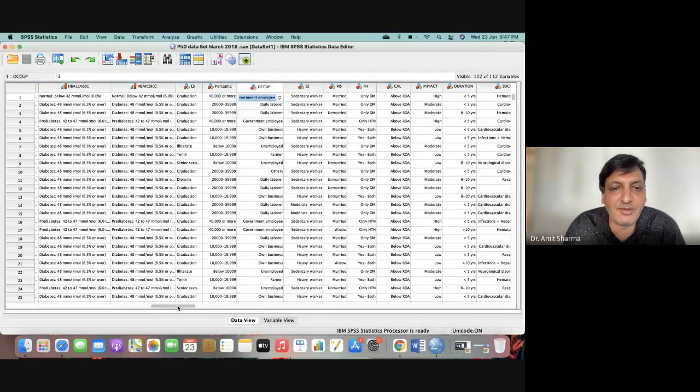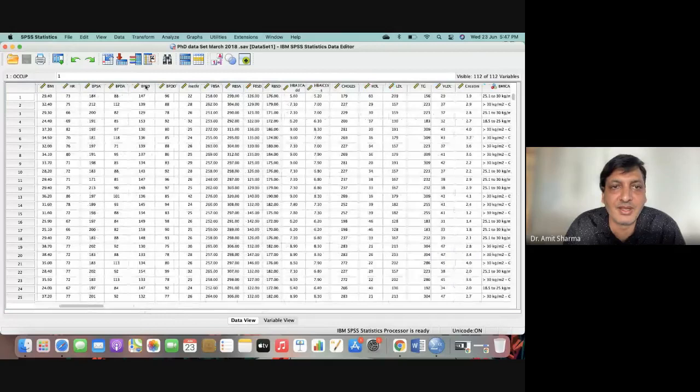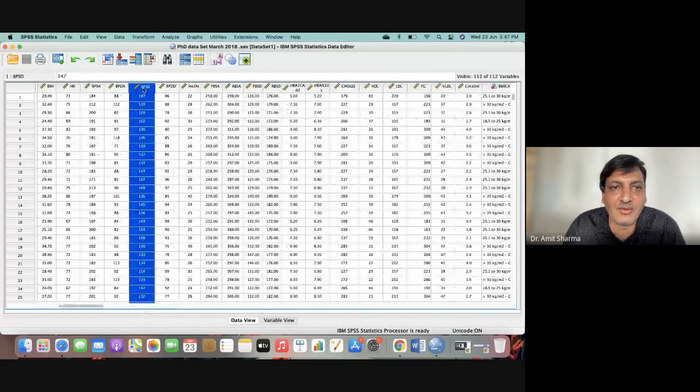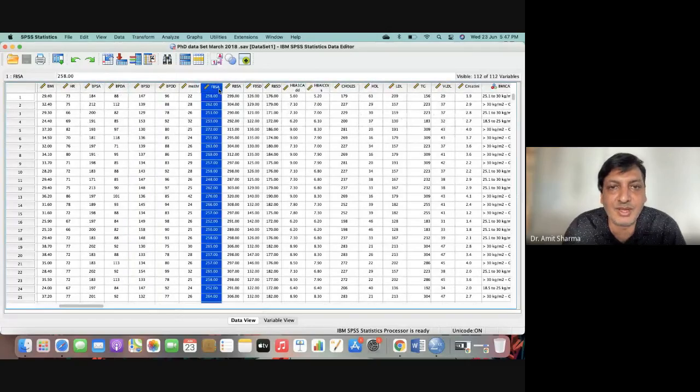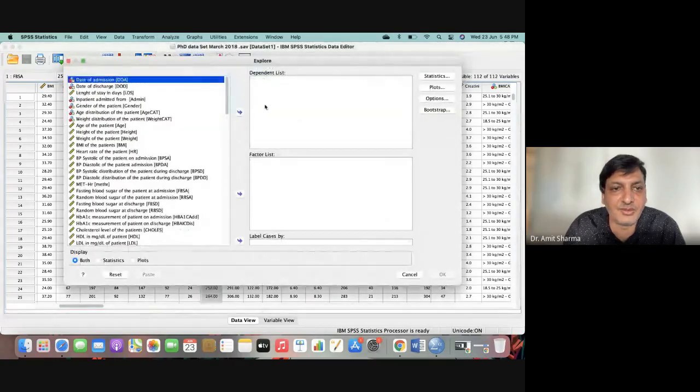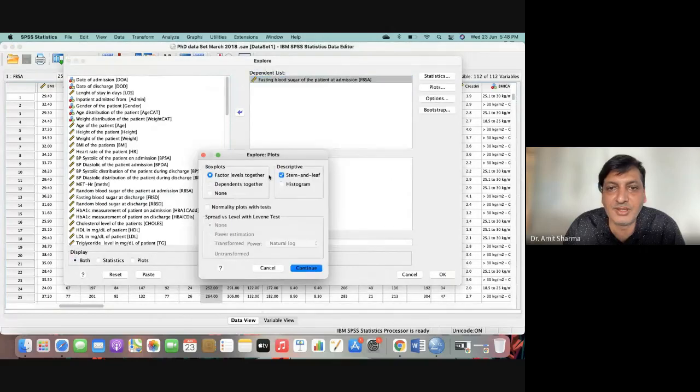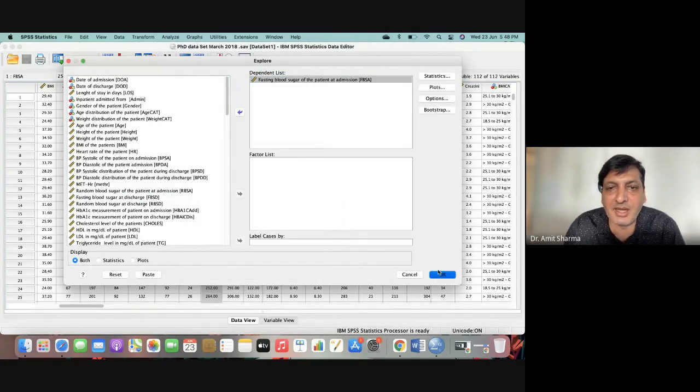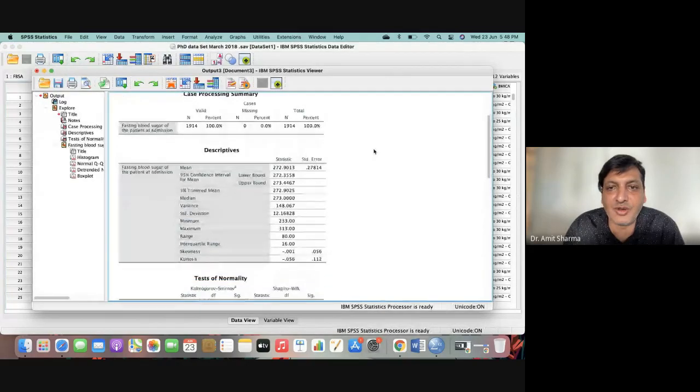What we have to do is check the normality. For example, I want to compare fasting blood sugar during admission, so I should use the explore command for fasting blood sugar on admission. I should go for plots, histogram, normality plot, and look at whether it is normally distributed or not.